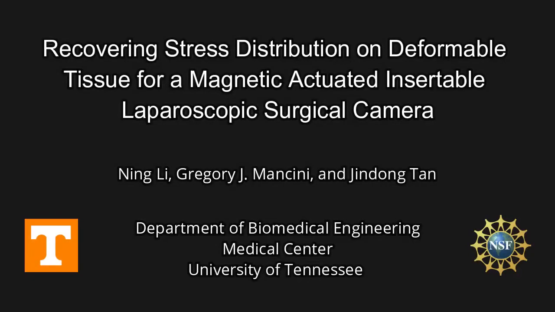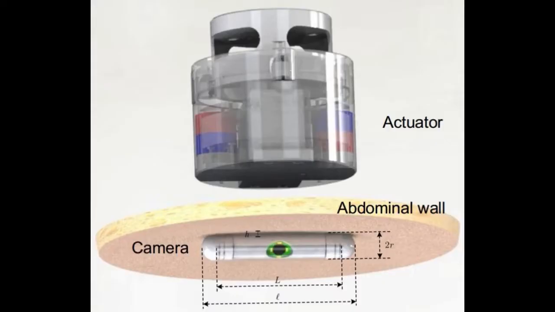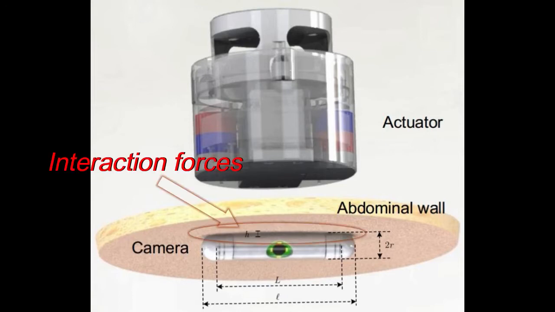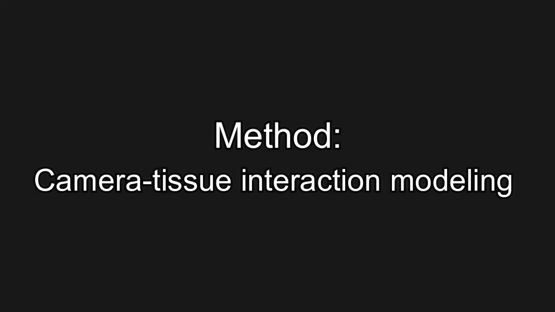This paper aims to improve surgical safety with a magnetic actuated laparoscopic camera by recovering the stress distribution on deformable tissue. Our previous work has been able to measure the camera-tissue interaction forces non-invasively. However, it's the magnitude and duration of the stress on the tissue that determines whether an irreversible tissue damage could be caused. In order to establish relations between the contact force and the stress distribution, we built a camera-tissue interaction